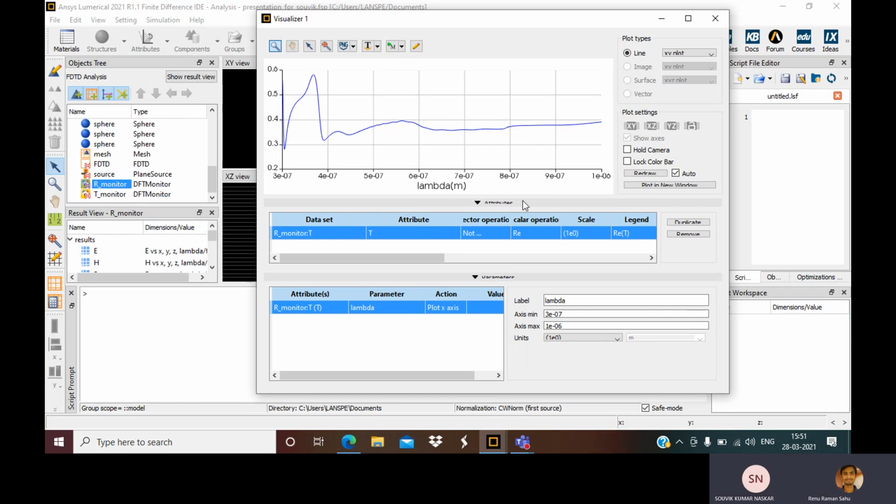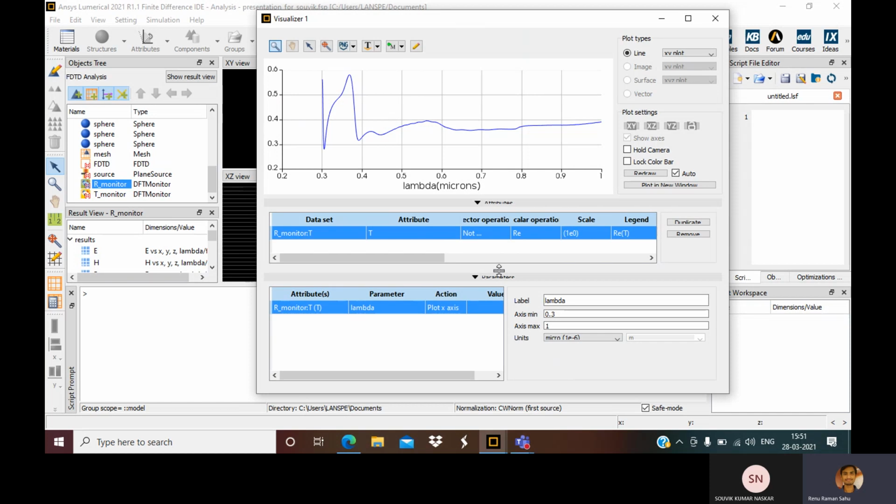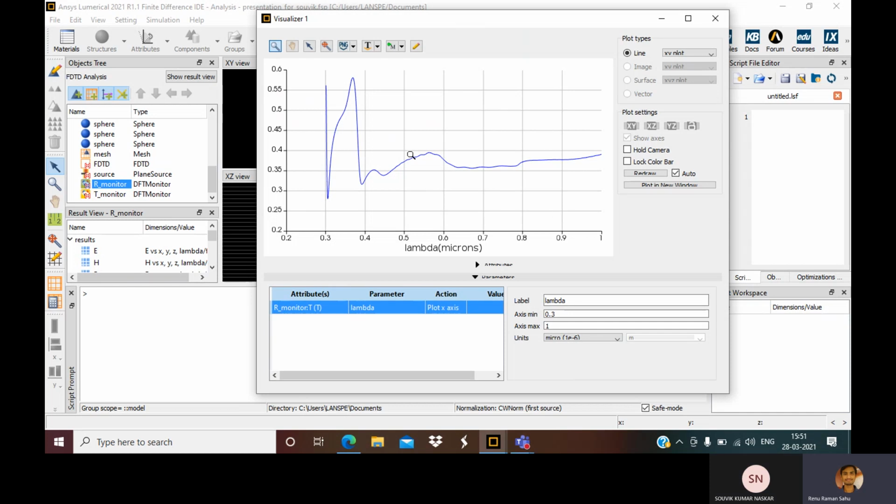In this monitor you can change the units of the x-axis, put it to microns, and play around with it. You can do some scalar operations like multiplication, imaginary, absolute value, whatever you want.